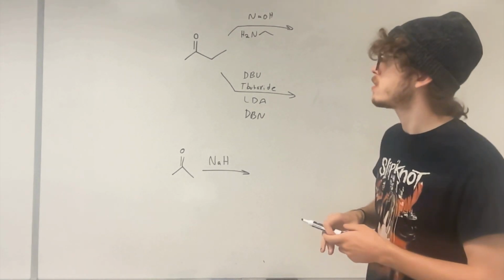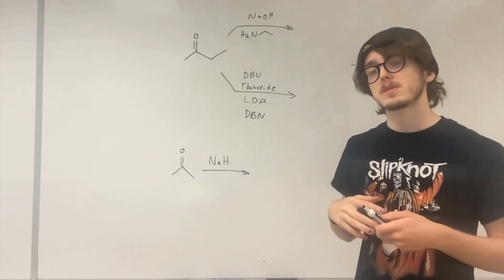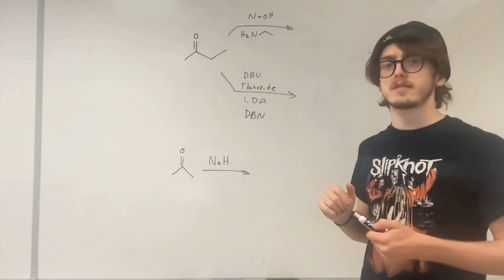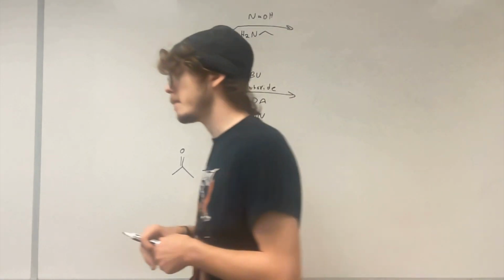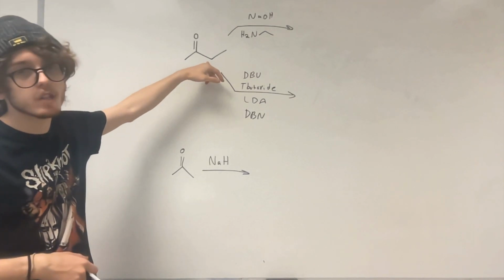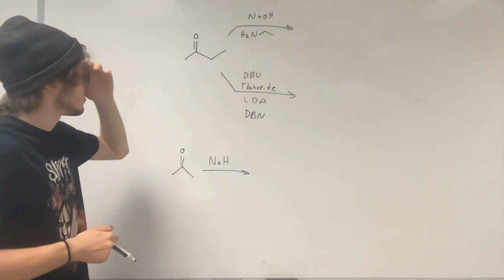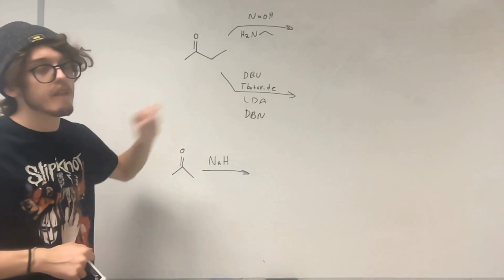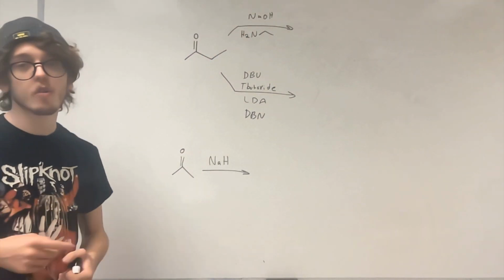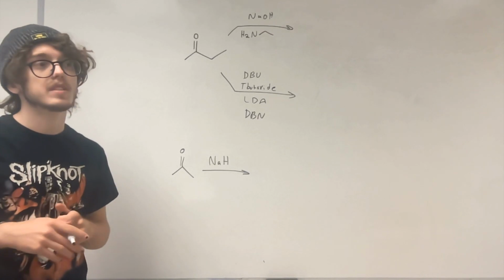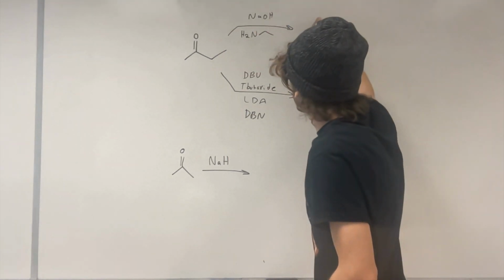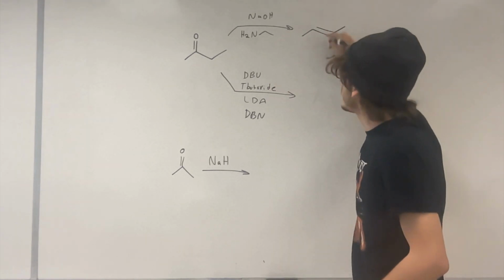Now, if I have an unsymmetrical ketone and I ask you, what is the base going to attack? I first have one option up here, which is a strong base, and then I have a second option here, which is a strong, bulky base. What do you think is going to happen? Remember, when we form a pi bond through some sort of elimination process, which is actually what this is, it's alpha elimination. That happens to kick up electrons there. This is going to follow that rule that says if you have a bulky base, attack the less substituted side because of steric interactions. But if you have just a strong normal base that's not that bulky, attack the more substituted side. Make the more substituted alkene. That's exactly what actually happens here. If we have a base attack this, that's just normal, it's going to make the more substituted alkene